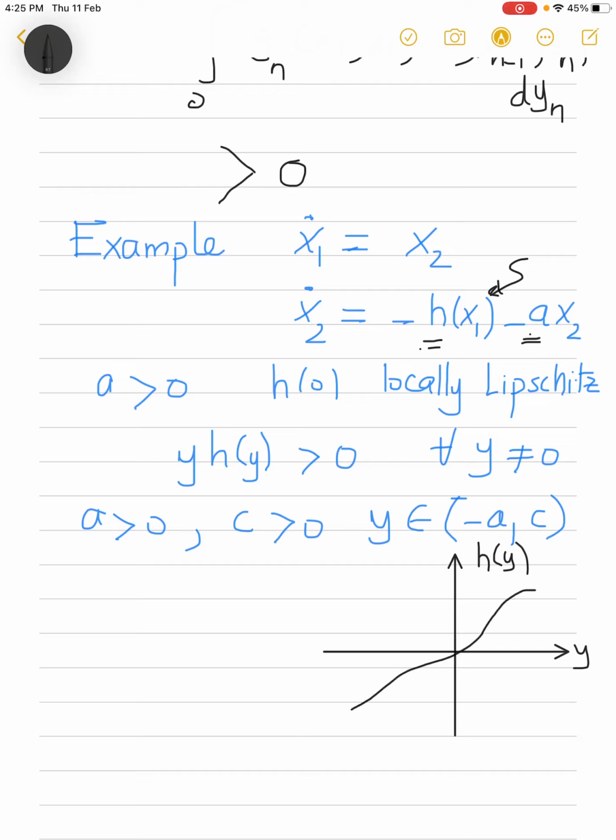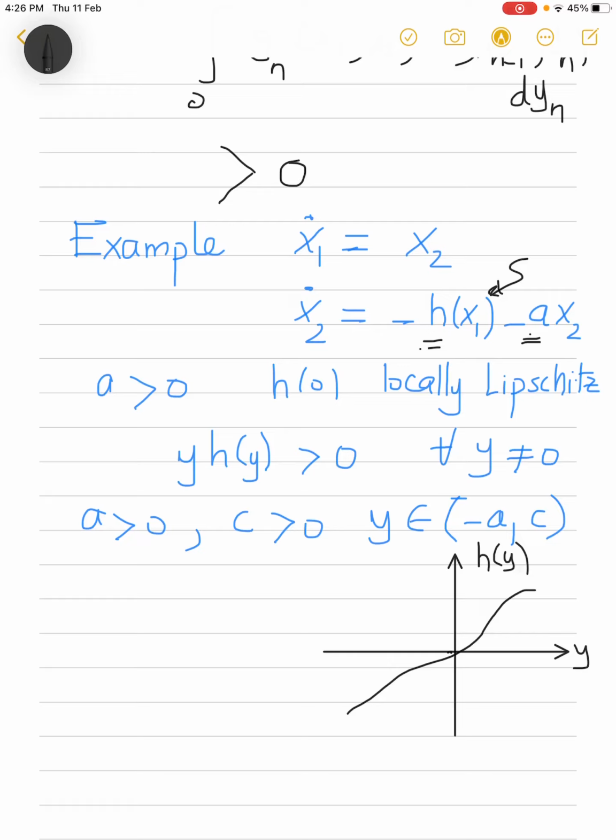So the function will look like this, and later on we will use the fact that the integration from 0 to the value of y would give us the area under the curve, which is positive, so that will be used in our coming analysis. So anyway, we are assuming that y times h of y, the nonlinearity, follows this relation, and we assume that the function is defined over some open interval from minus a to c,